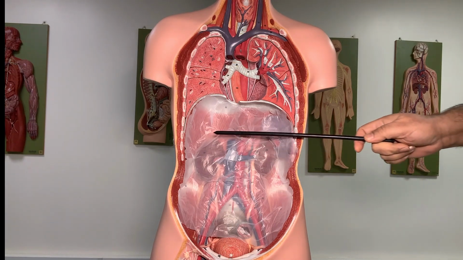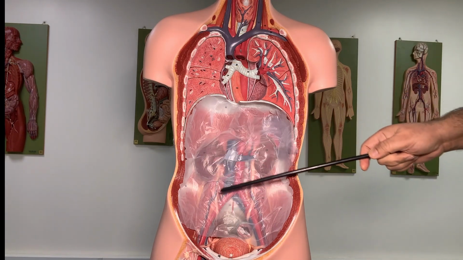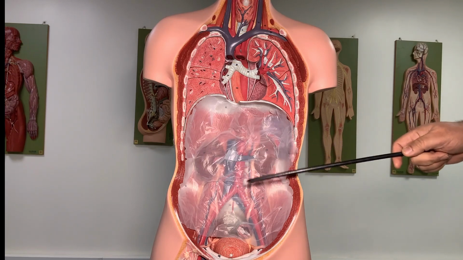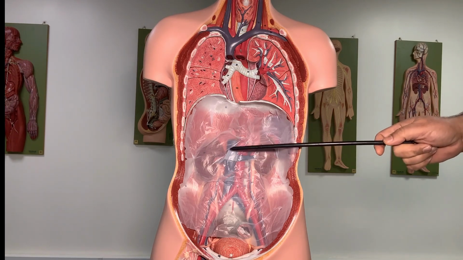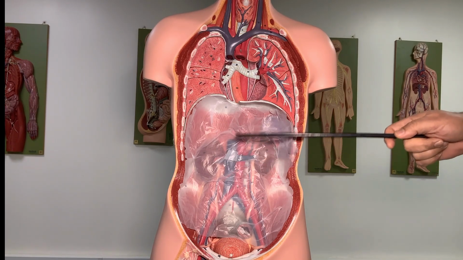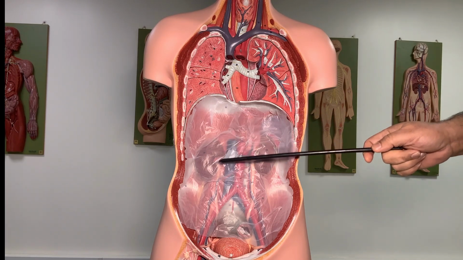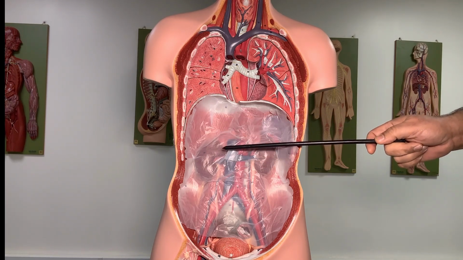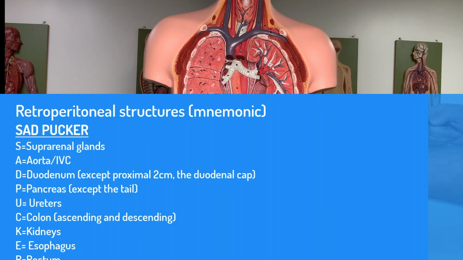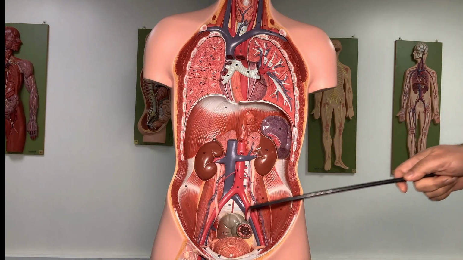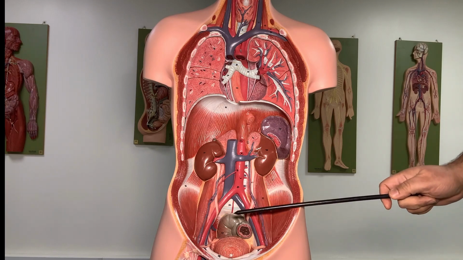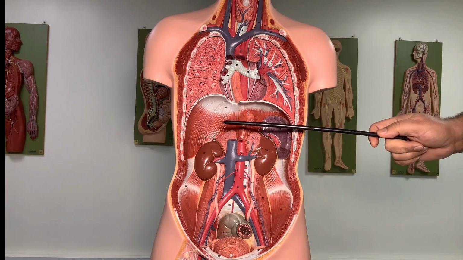Now when we remove this, what do we have? We have a membranous structure. What is this membranous structure? This is my parietal peritoneum. So now when I remove this parietal peritoneum, the structures behind this peritoneum will be called the retroperitoneal structures. So let's take off this parietal peritoneum. Now after removing it, you can see the retroperitoneal structures. So let's take them one by one.